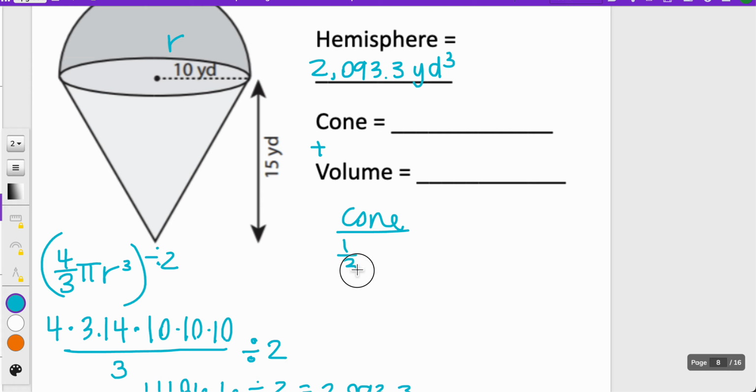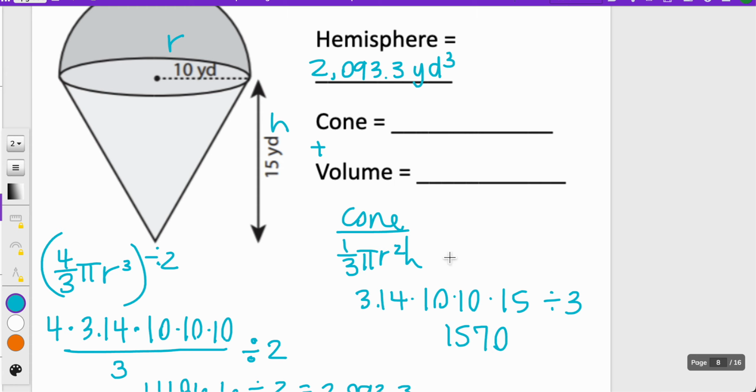Now let's talk about my cone. Your cone is 1/3 pi r squared times the height. My radius is already given. My height is 15, so let's go ahead and start it. 3.14 times 10 times 10 times 15, but then remember to divide by 3 at the end for that 1/3. So pi times 100 times 15, and then dividing by 3, I'm getting 1,570